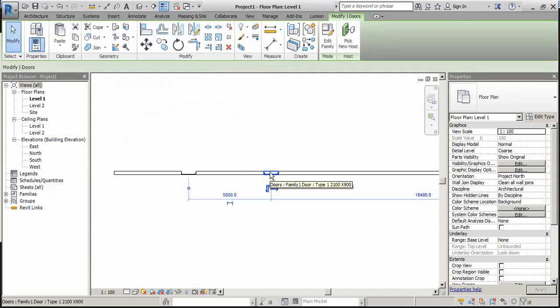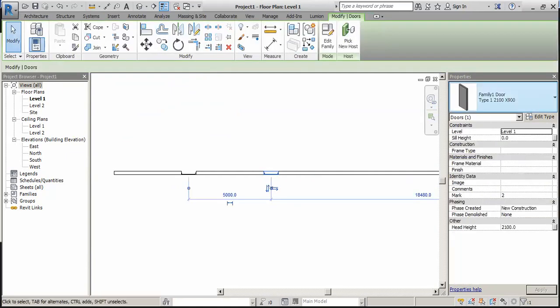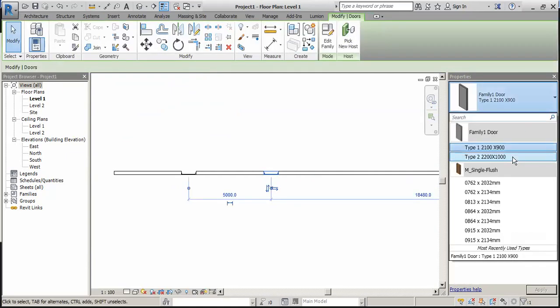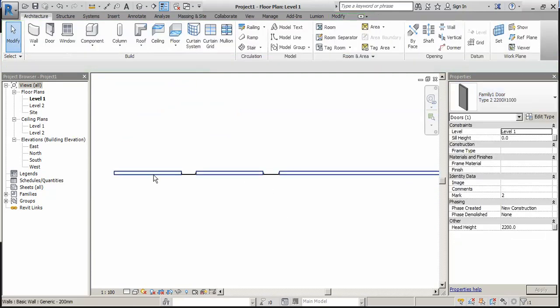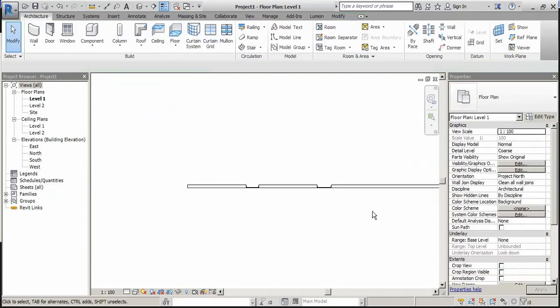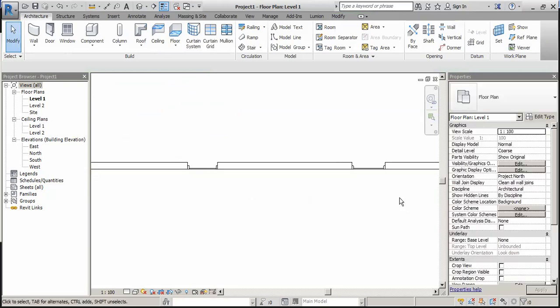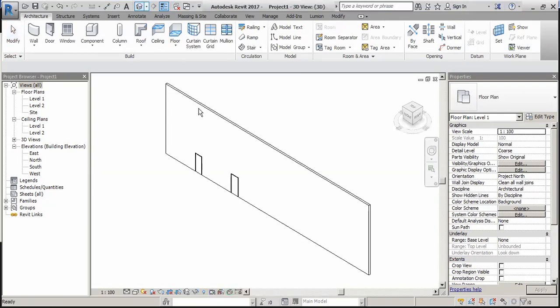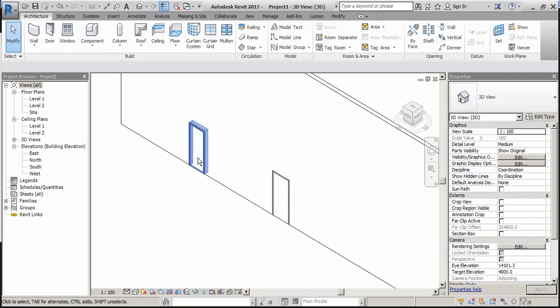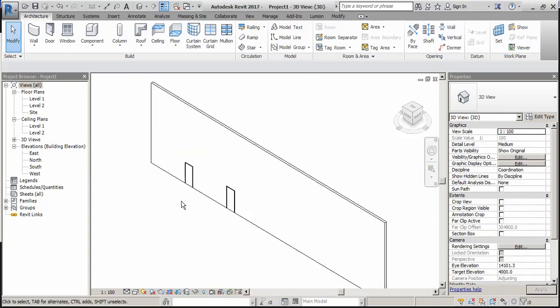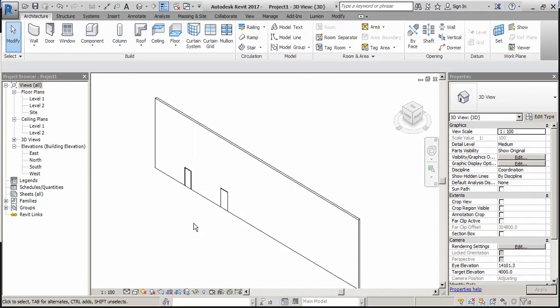Now select this one and change it to type 2. Yeah, it's changed. So here we can say that the door has been created. You can also visualize in 3D. So here you can see that 1 door is here and 1 door is here. So we successfully created a door family.